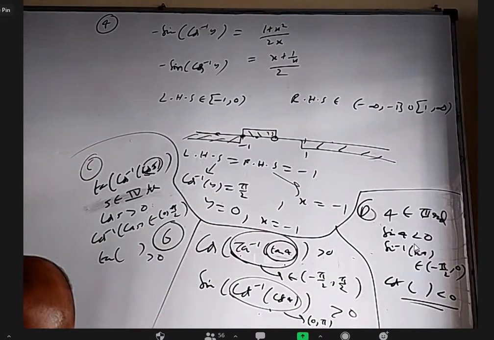In the 8th question, anybody want to tell me what is the domain of the question? First of all, when will the LHS be defined? Forget about equal to 3 pi by 2 and all. Sir, only when x is -1 and 1. Yes. LHS is defined because sin inverse x is defined for the closed interval -1 to 1, whereas cosecant inverse x is defined for -infinity to -1 union 1 to infinity. When you take the intersection, only -1 and 1. And whether you put 1 or -1, the whole thing is 3 pi by 2. So 1 and -1 are the domain, and they are also the answers.